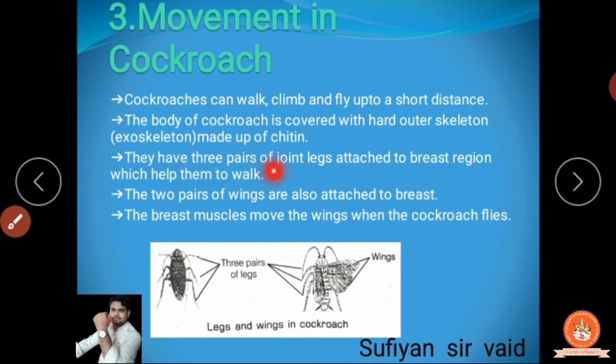They have 3 pairs of jointed legs attached to the breast. This is 3 pairs, 1 2 3. Here is also 1 2 3. Clear? And they are attached to the breastbone. Clear? In the rib cage you can see the breastbone attached to the breast region, which helps them to walk. It helps them to walk. This is the walking position, and this is the